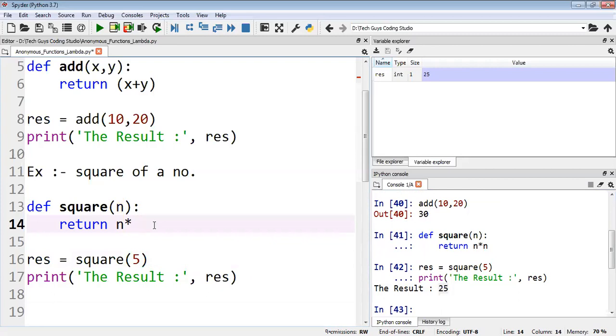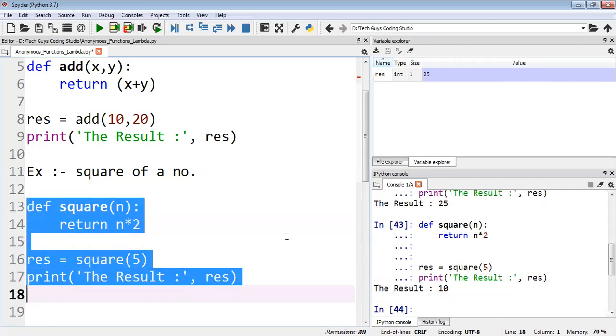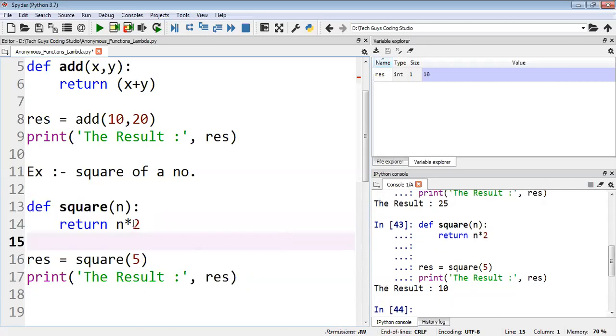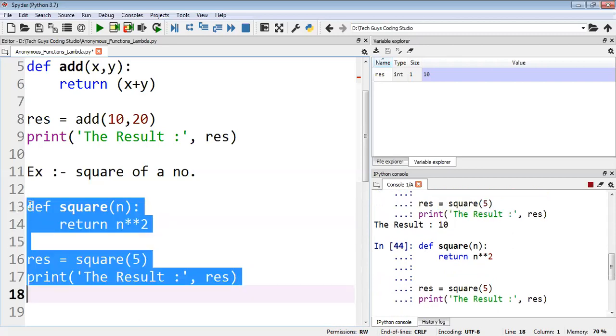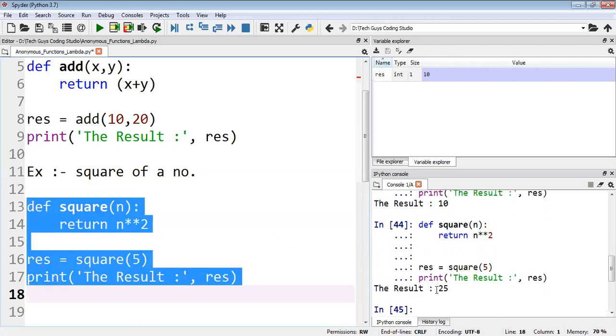Otherwise, if I write one star, the output I get is 10, that is 5 into 2. But if I write one more star, two stars, it will work as a power, so we get 25.